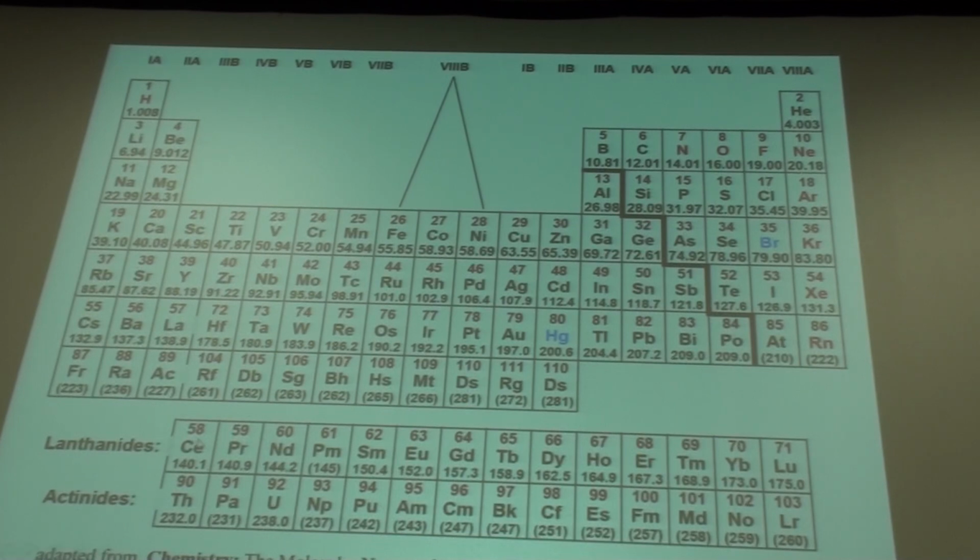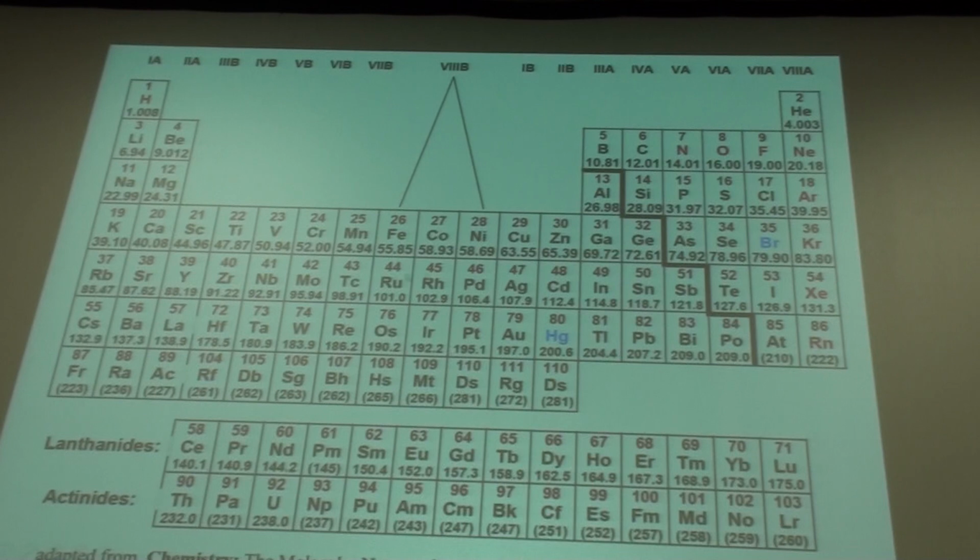We have 1, 2, 3, 4, 5, 6, 7, 8, 9, 10, 12, 13, 14. So here, D, that corresponds to L equals 2. So this is L equals 3. Okay, so this goes from -3, -2, -1, 0, +1, +2, +3. That gets us to 7. But then we have a doubling of that because of the spin.